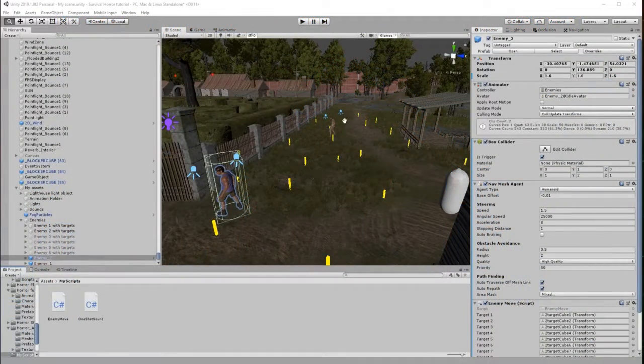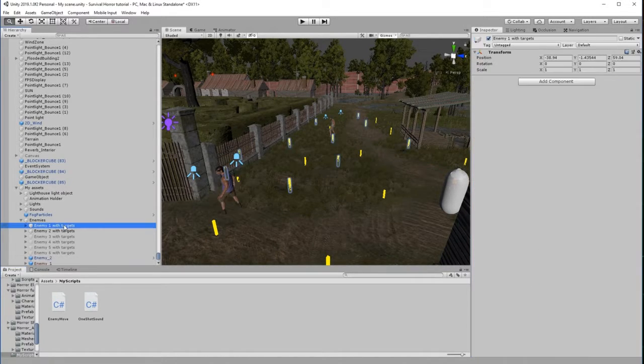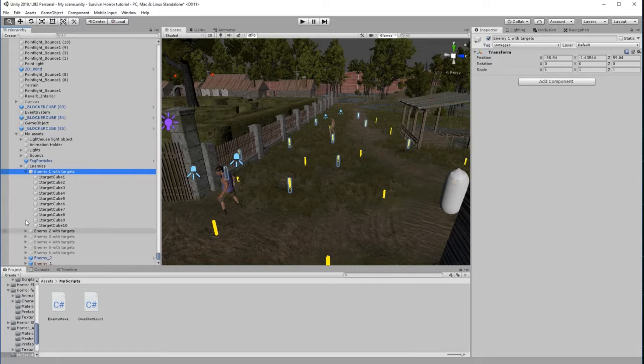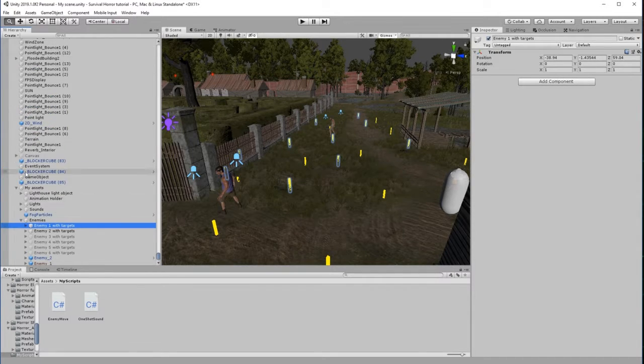So the issue before with the character moving to a different position in the game world from where we set him was because he was parented to one of these empty game objects. So what he was doing was actually inheriting the position of the empty game object, which is why he was moving. So even though I did put the character within one of these, you would obviously need to drag the character out. And I tested that with Enemy 2 just to ensure that that was the case, and